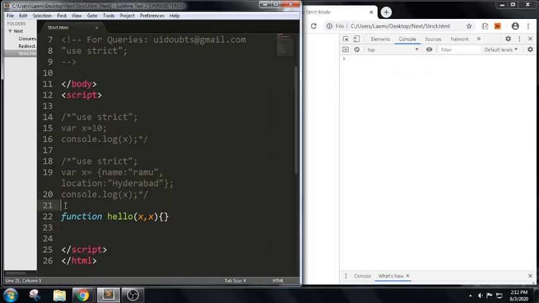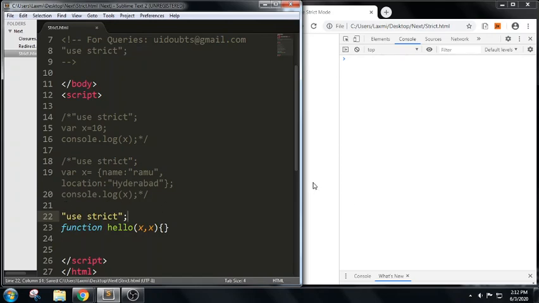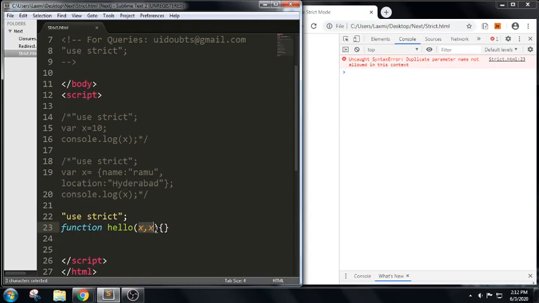We didn't get any error here, but when I place "use strict" here, you can see "duplicate parameter name not allowed in this context". It means we cannot use duplicate parameters with a function.